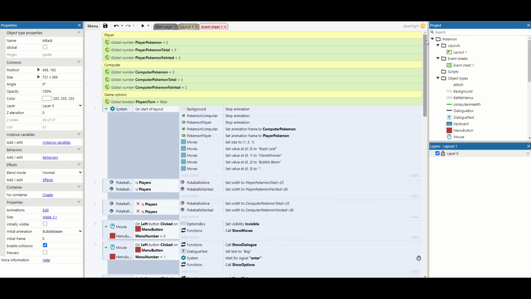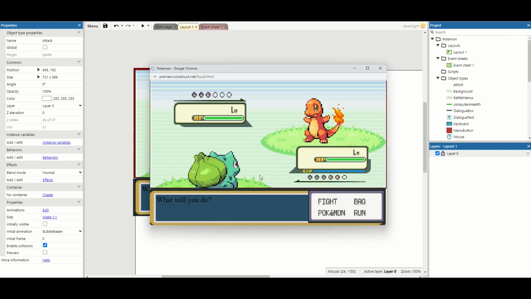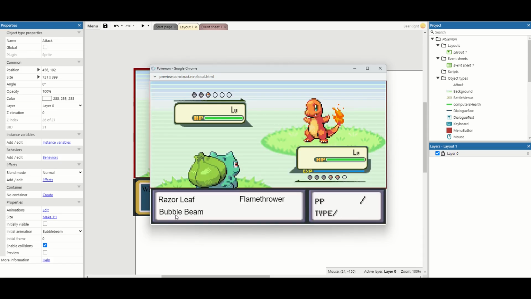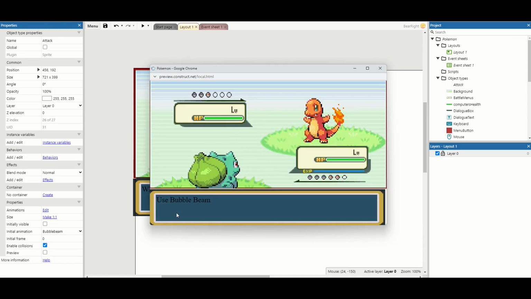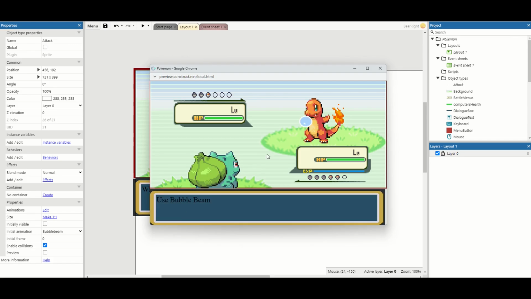So just before we test, just a reminder that we are on false. So it's not our turn, it should be the opponent's turn. So any attacks we do should come from the opponent now. So I'm going to fight and do Bubble Beam. And again, you see that sometimes it doesn't work on the first one. That's something that I'll try and fix by next week. But if we do it again, you'll see the attack now comes from the opponent